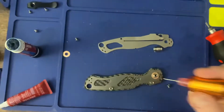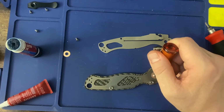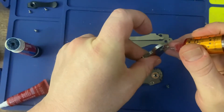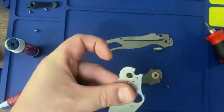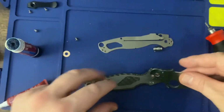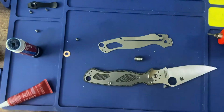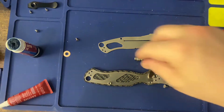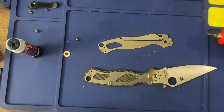I also do tend to, believe it or not, lubricate the pivot barrel. Often, it's just easier to do it on the knife though. Bam. And then like that. So for anyone who is wondering, what happens next? In fact, I'm going to, believe it or not,